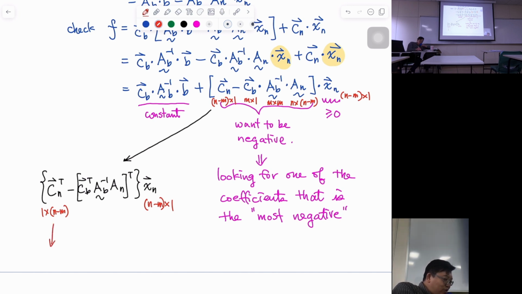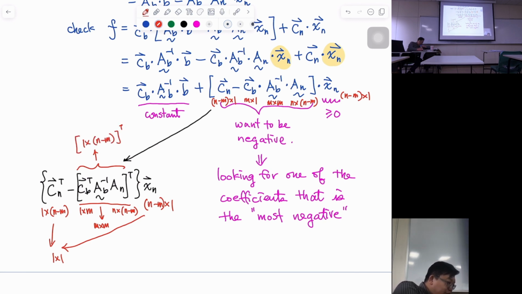So these two multiplying with each other is going to be 1 by 1, some number. How about this part? CB transpose is 1 by m, this is m by n, sorry, this is n by n minus m. So the whole thing right here is going to be 1 by n minus m, but you need to transpose this, so in the end it's going to be,